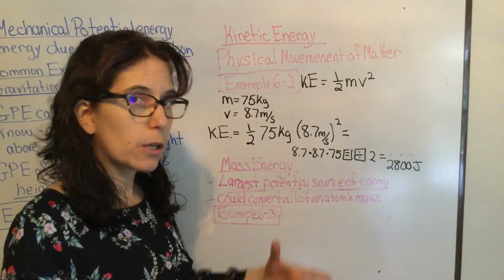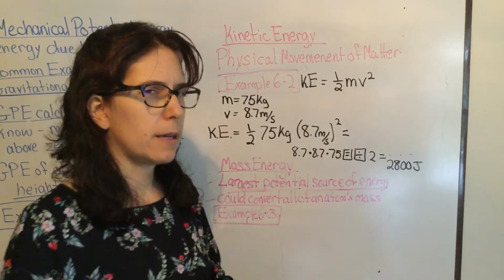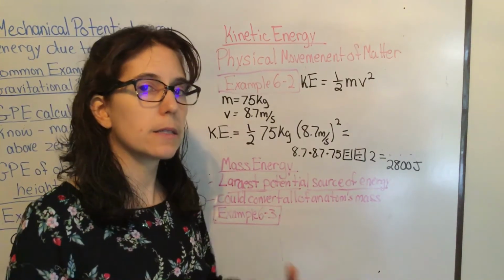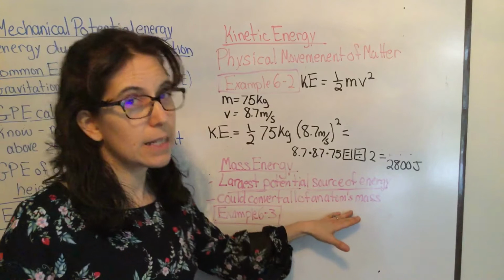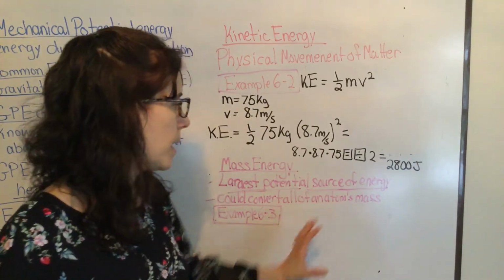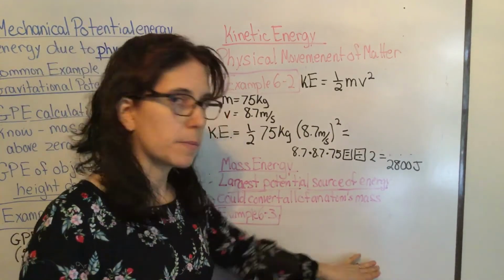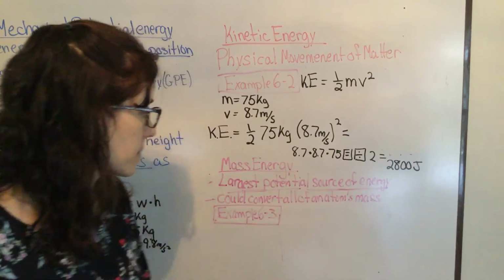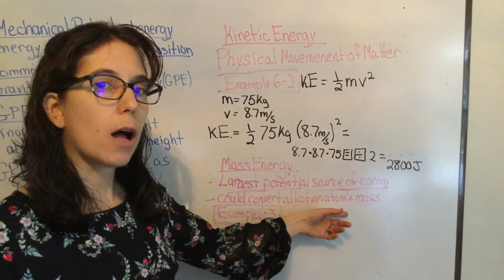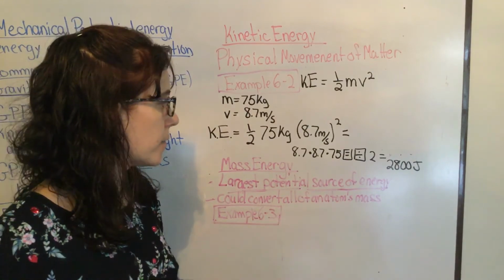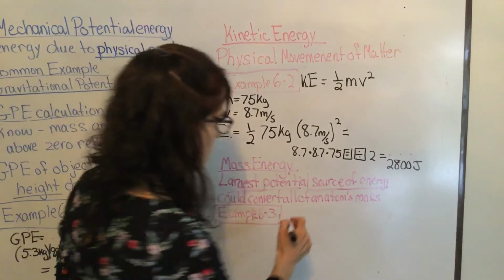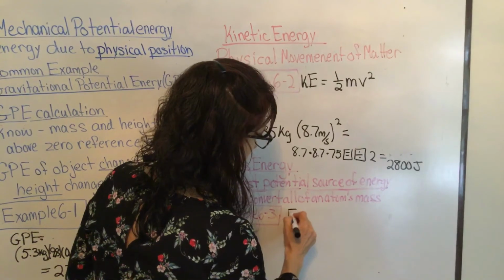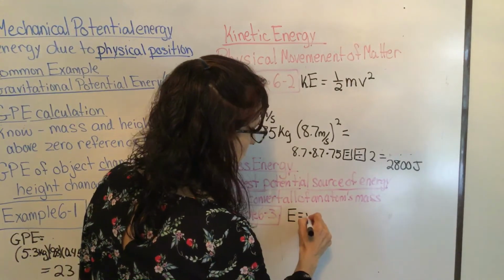Mass in very, very small quantities does convert to energy. Not an entire atom, but electrons and parts of electrons do get converted. If we were to take all of an atom's mass and convert it to energy, we would use this formula. Energy, or mass energy, equals the mass